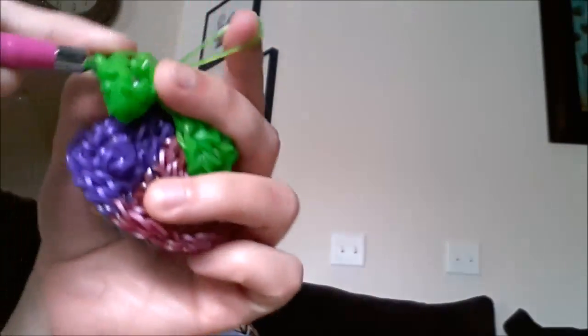Go to the next chain from the hook. Grab 2 bands and then hook them all in. So that's our tip to the next chain. Single bands, 1 chain. Grab 2 bands, hook them all in. Down to the next chain. Single band, 2 chains, single band, 1, 2. Grab 2, hook them all in to the next chain, another double chain, 1, 2, 2 bands,